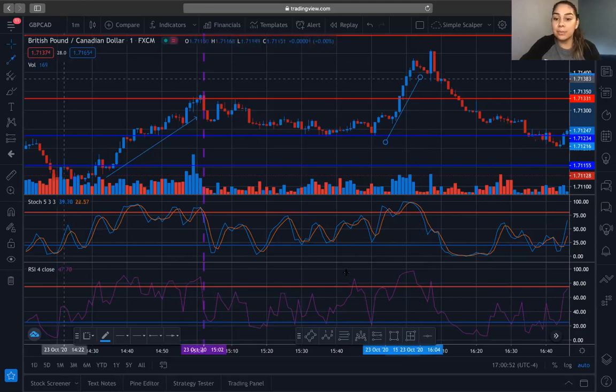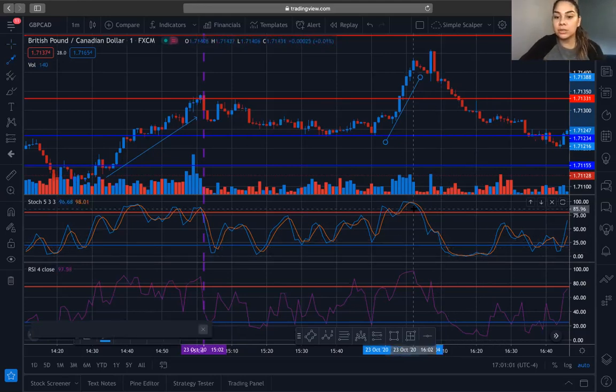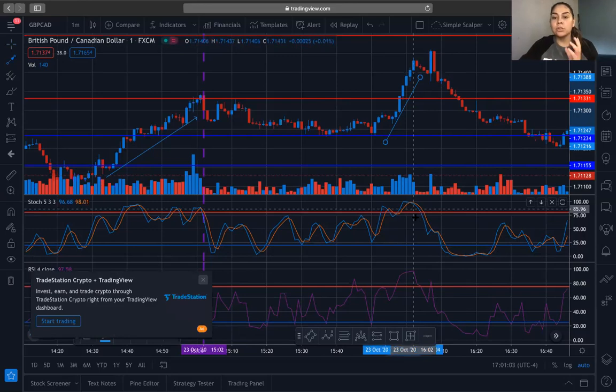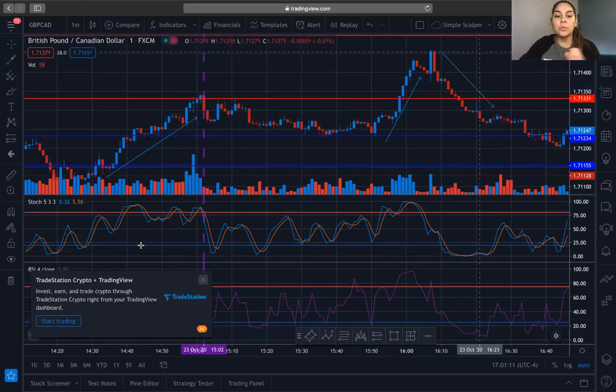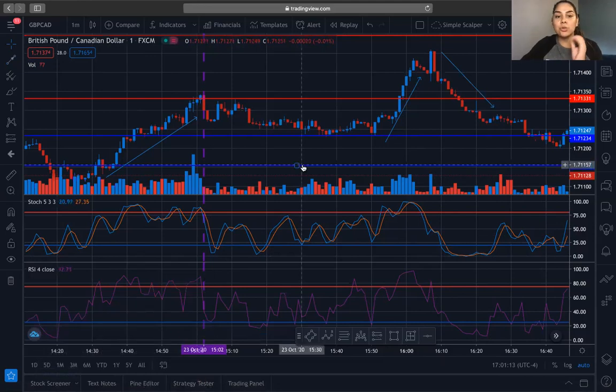Now, another example, you see it lingering down here, taking forever to cross that line of support, this blue line. It's just the reversal, vice versa. So as we can see here, now it's lingering down here. The opposite is happening. You're seeing a downtrend. So whenever you see that, make sure that you start implementing support and resistance as a key point to know how high up this is going to go before it actually reverses,